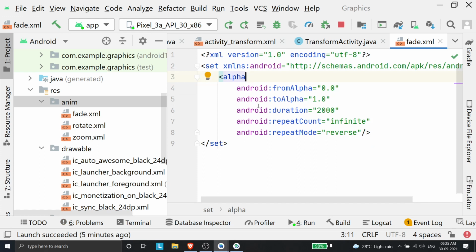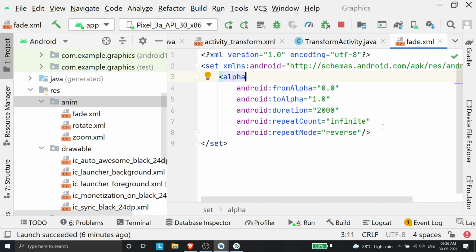Basically, you need to specify fromAlpha and toAlpha, which says from what level of transparency to what level of transparency you want to move. I'm starting at 0, which is a completely invisible image, and to alpha I'm specifying 1, which means the object will be completely opaque, and the duration for this is 2000 milliseconds, which is 2 seconds.